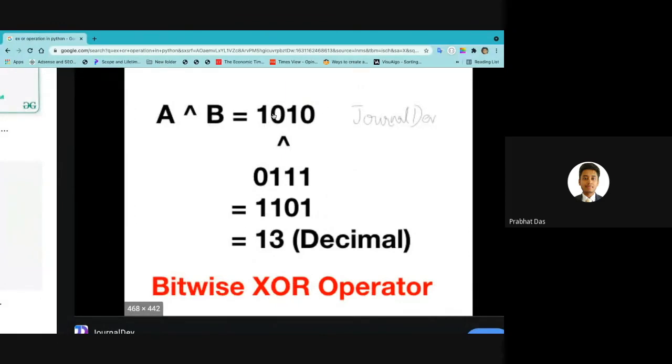If one value is true and the other is false, then it will be considered true. And if both the values are true, it will be considered false. That means it is exclusive to the concept of OR.